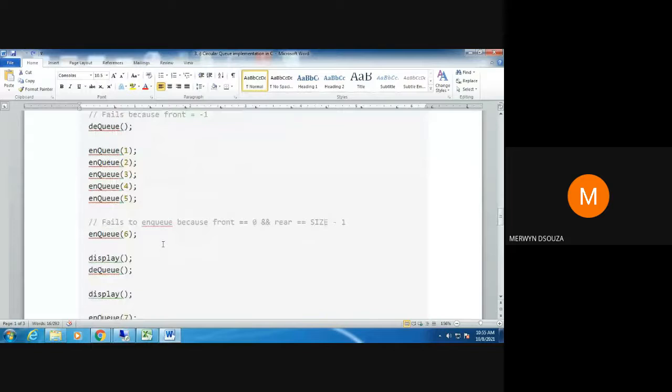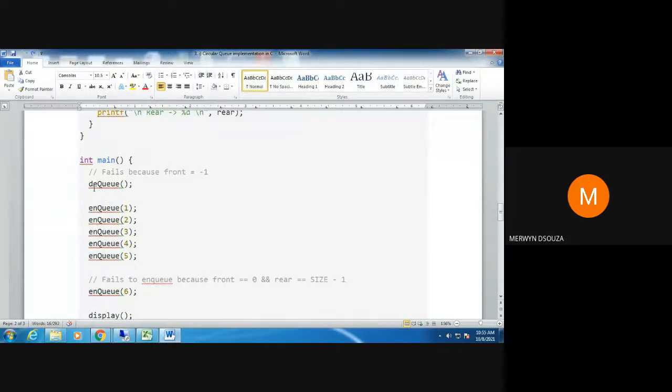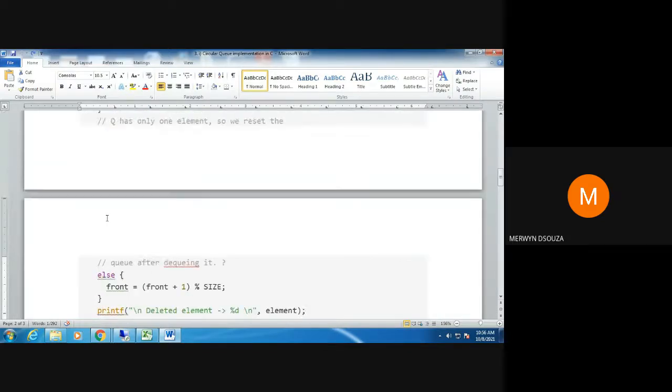Okay, so in the next statement here, after dequeue, we are calling the enqueue function. And in the enqueue function, we are passing the value 1. So this is the value that should be inserted into the queue. Okay, that should be enqueued into the queue. When I call the enqueue function,